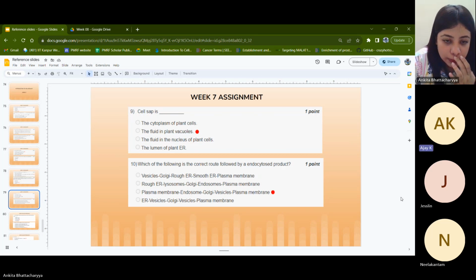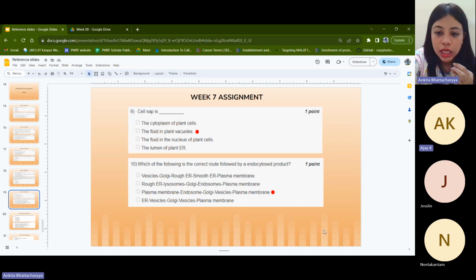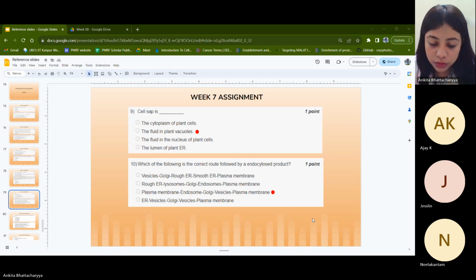What is endosome, and are endosome and Golgi vesicles the same or different? No, completely different. Is a vesicle a part of Golgi, or is it not part of endosome? That's what my question is. Can you repeat the last part? I couldn't hear you. According to me, endosomes are rough endoplasmic reticulum, smooth endoplasmic reticulum, Golgi apparatus, and vesicles. So that's what I'm asking: are Golgi and vesicles part of endosome or not?